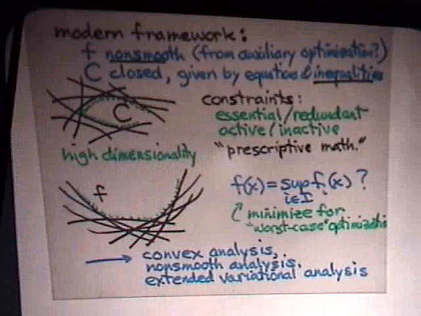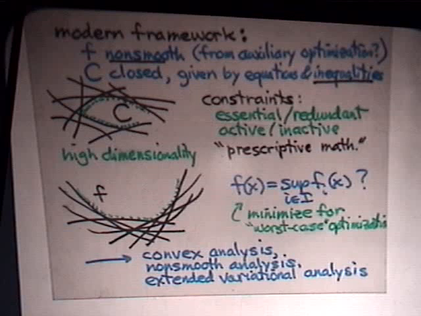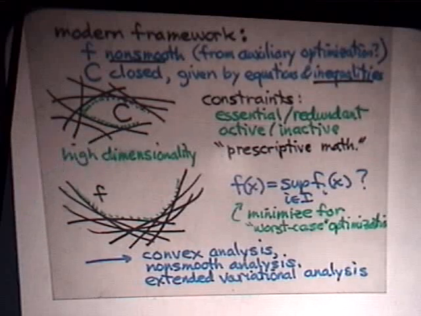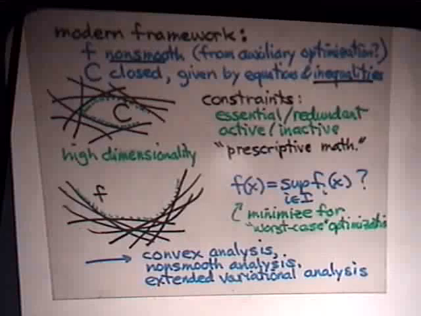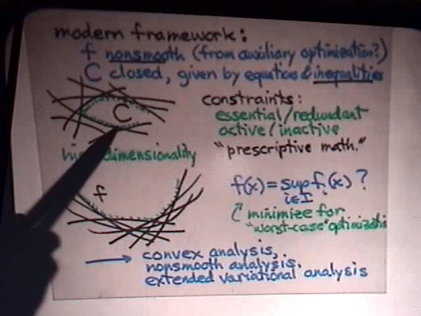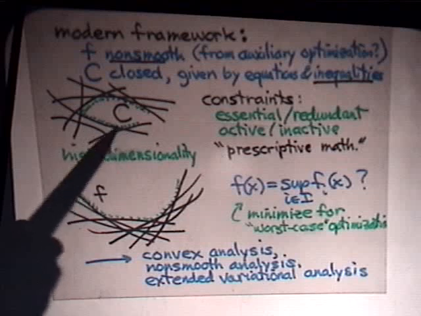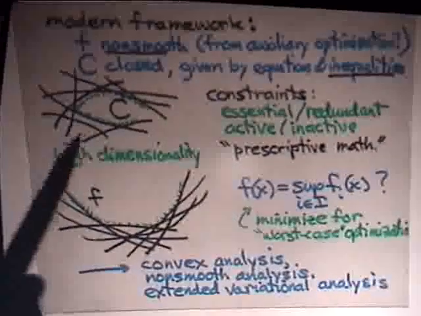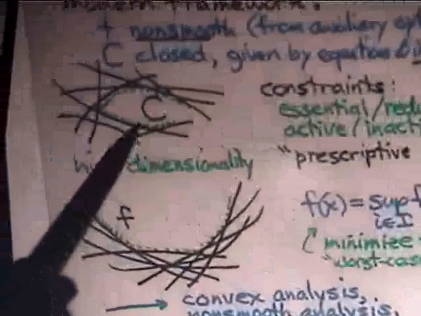Some of these constraints, you can distinguish between constraints that are essential or redundant. This has to do with their effect on this set C. So in my picture here, for example, this is a redundant constraint. If I remove it, it won't change the set C. Now there's also, though, the idea of active and inactive constraints. They depend on where the optimal point or points might be. So for example, if this is the point that turns out to give the minimum, at that point these things are active constraints, and these don't matter anymore. I could remove them, and I would still have a minimum here, perhaps.